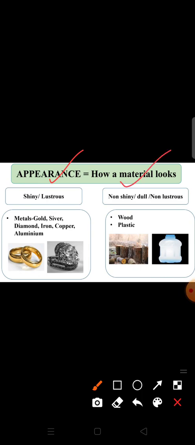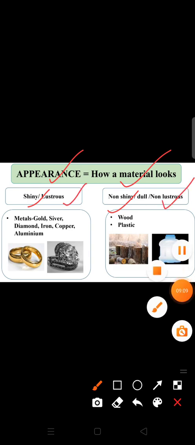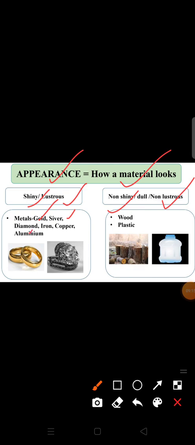Based on appearance, materials are classified into shiny and non-shiny, or lustrous and non-lustrous. If we talk about metals like gold, silver, diamond, iron, copper, aluminium, these metals are very shiny.